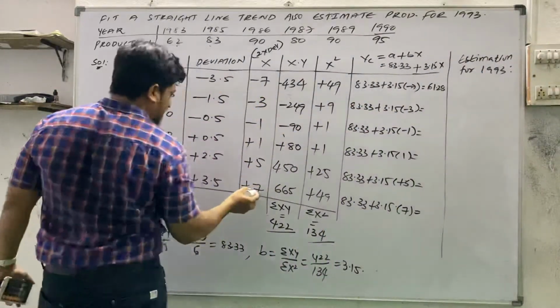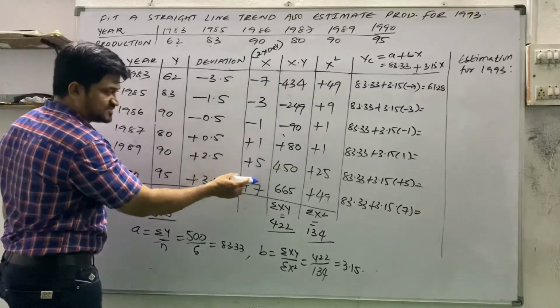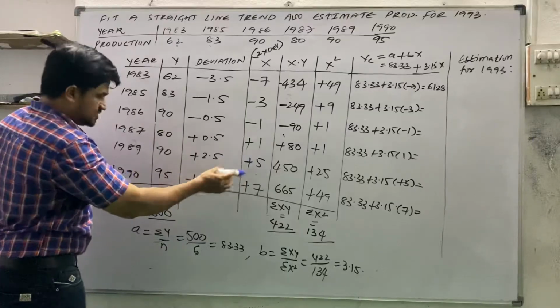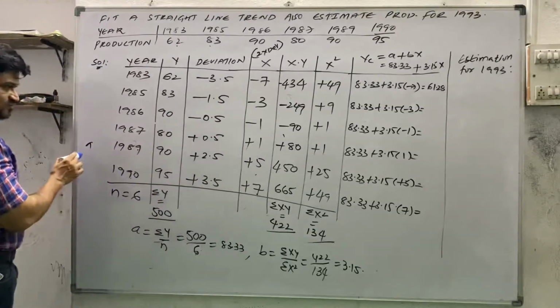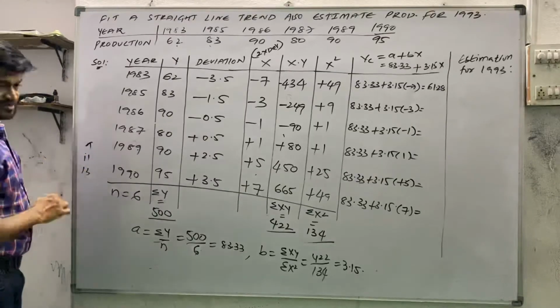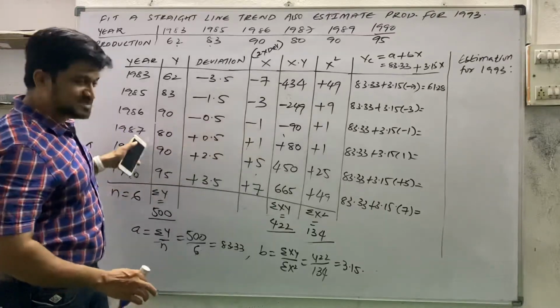You can find it. 90 x value is 7. 89 x value is 5. 5, 7. Because 89 to 90 we have one gap. For 91 we will be having 9. For 92 we will be having 11. For 93 we will be having 13. Got it or not? See, 1, 3 is missing because here is missing.